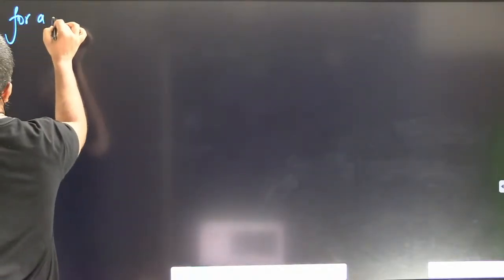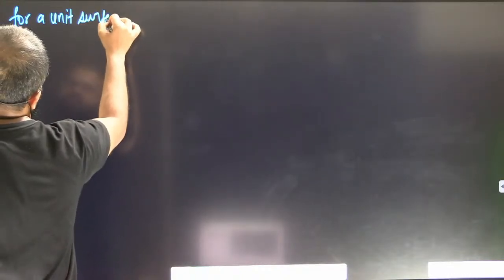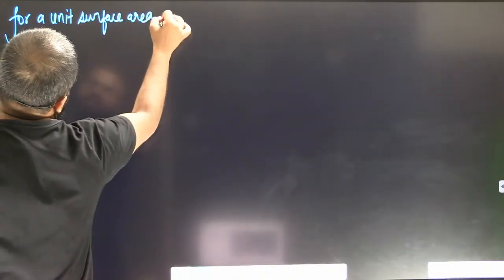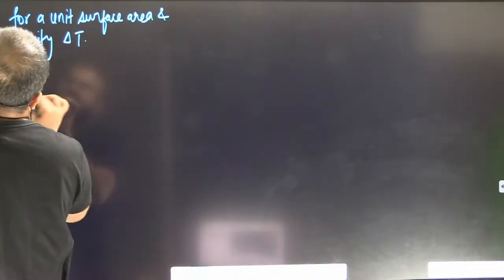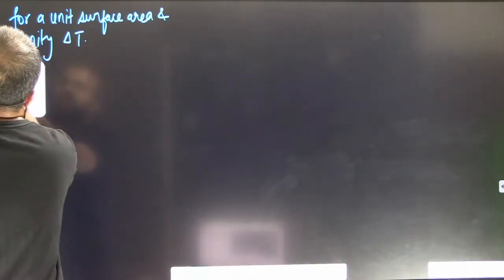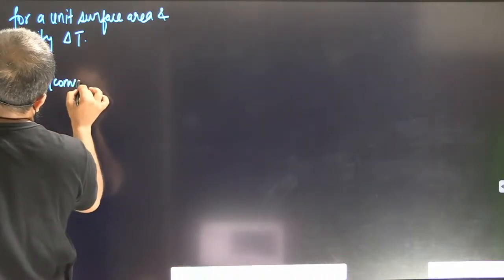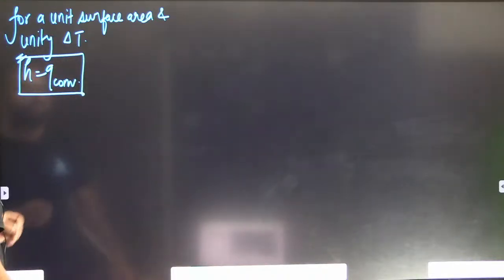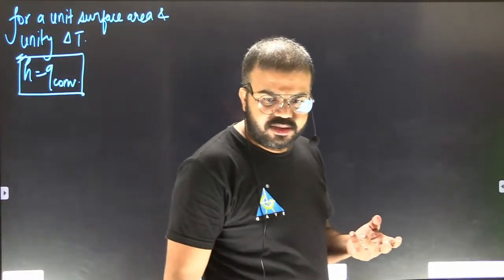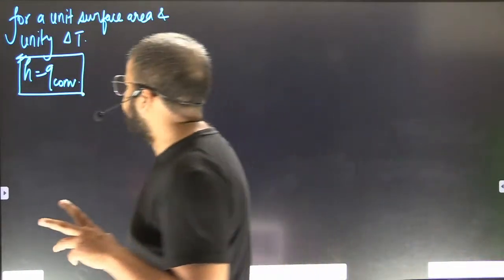Now, also you can define it for a unit surface area and unit temperature difference. You have H equals Q convection. So H equals Q convection. What does this mean? Yes, it is the same for both. So what does it mean? It simply means that the amount of